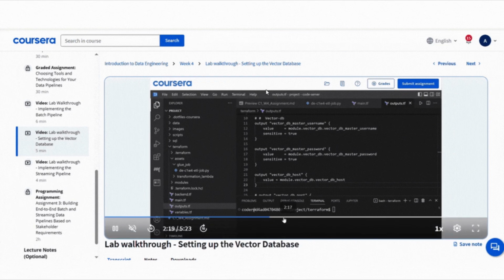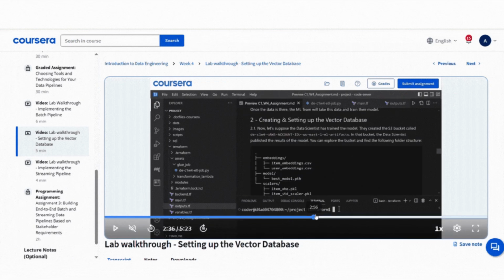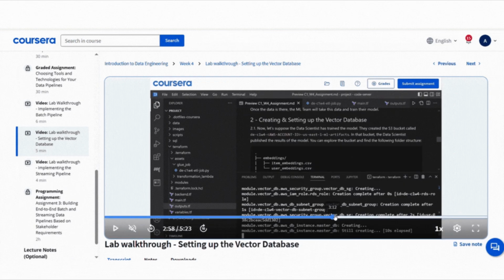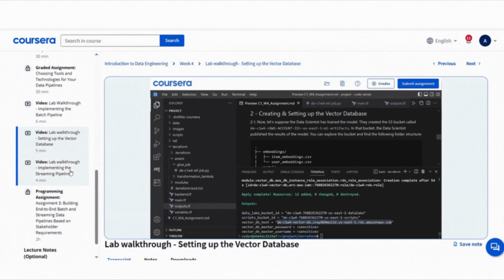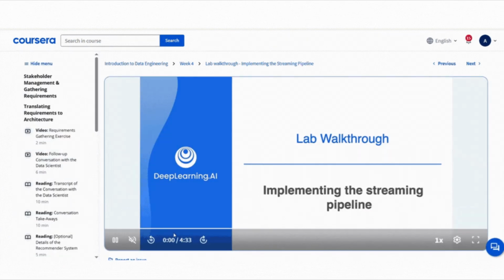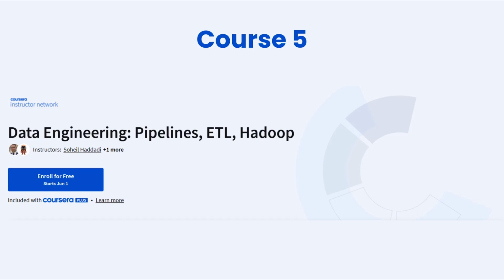The course is packed with videos, readings, and assignments to help you think and act like a professional data engineer. If you are serious about mastering data pipelines end to end, this course is a solid choice. Next up is Data Engineering